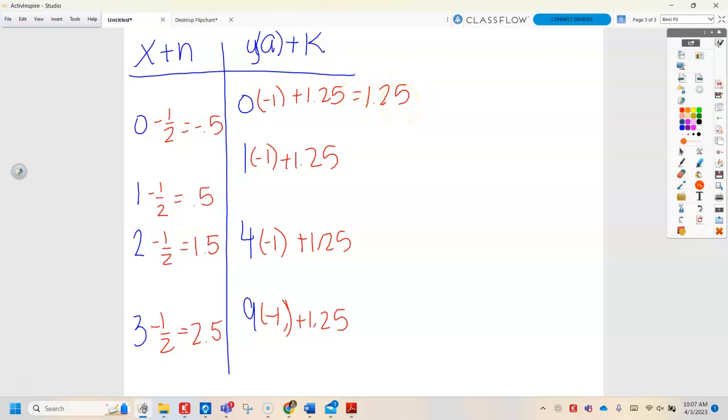So you start at 1.25 here. 1.25 minus 1 is 0.25. 1.25 minus 4 is -3.25. And then 1.25 minus 9 is